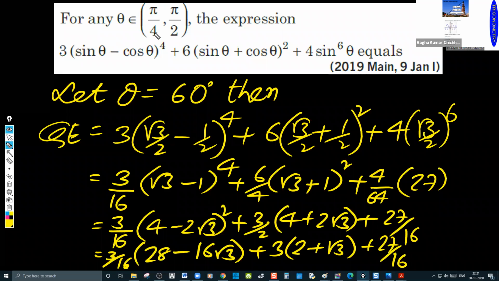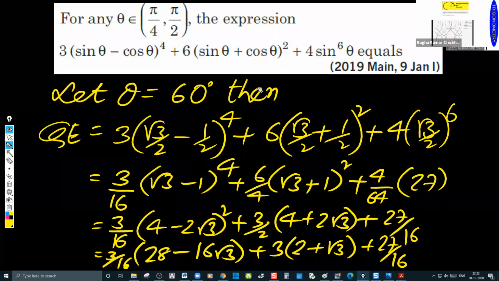You should not give whatever theta you like. But theta is not restricted. The problem is in our hands. We can give theta 0, and thereby it becomes 0. It becomes minus 1. It becomes 0. It becomes 1. It becomes 0. So the answer will be simply 3 plus 6. 9 is the answer, if no restriction is given for theta.